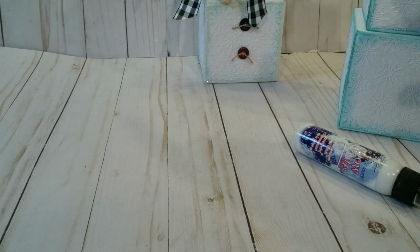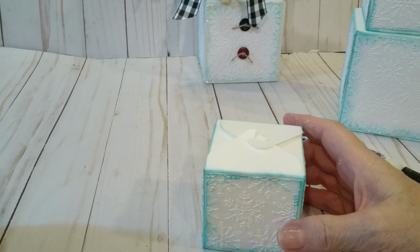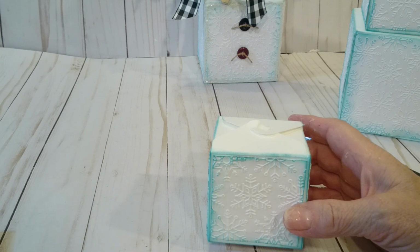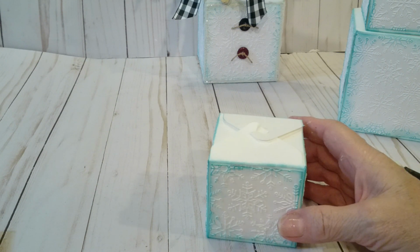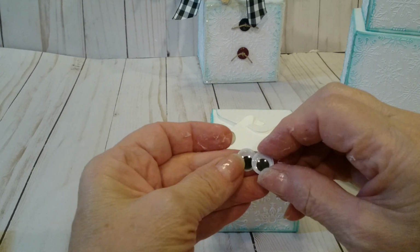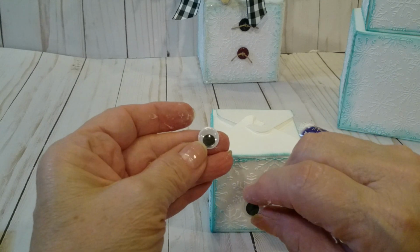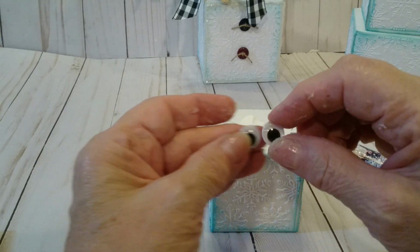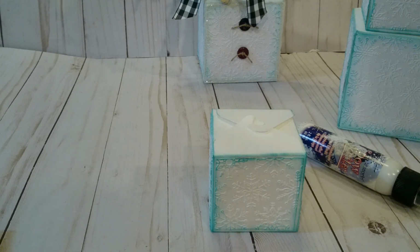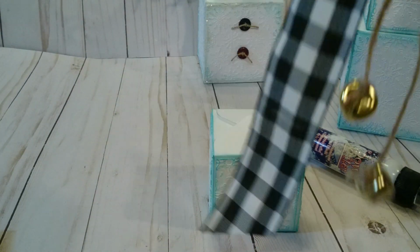I'm going to go over the head portion. For the eyes, I could not find my half round eyes, so in a pinch I used this, and I cut out the black portion of the eyes in these little squiggly eyes and used them, and I will take it down so you can see it. I used that